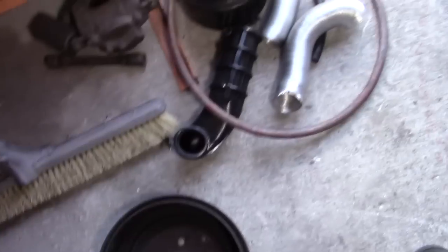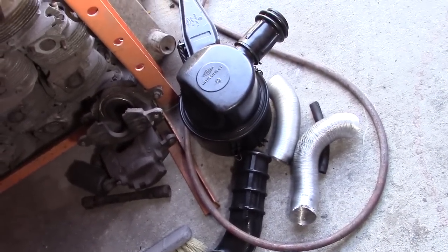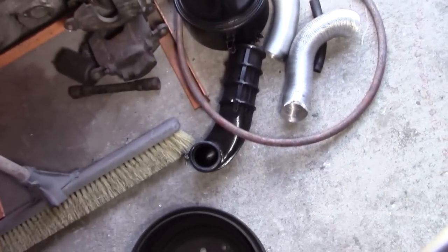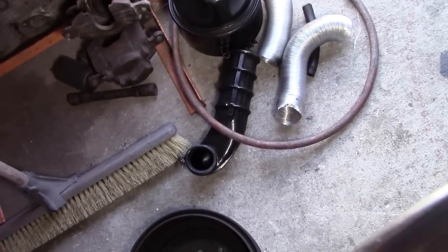Found the air cleaner tube is a two-piece, and they don't have any oil in the air cleaner. We can fix that. I will donate my old tube off my bus since I went to dual carbs, so that's not a problem. And now, what we're doing this morning is